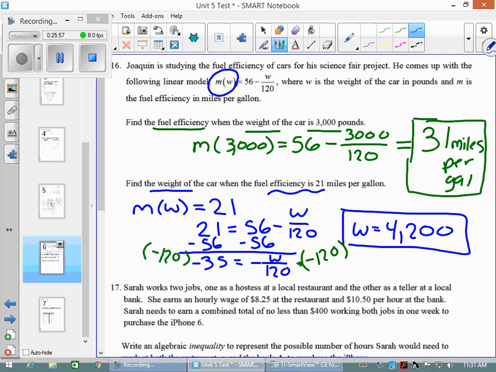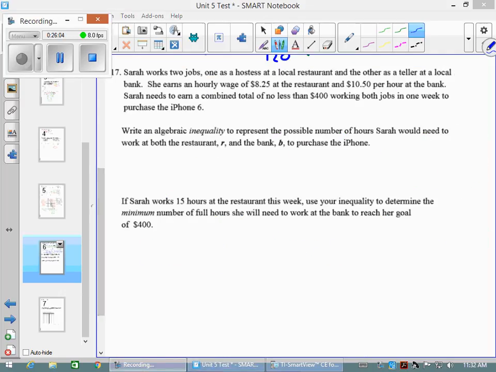So Sarah works 2 jobs, as a hostess at a local restaurant and the other as a teller at a local bank. She earns an hourly wage of $8.25 at the restaurant and $10.50 per hour at the bank. Sarah needs to earn a combined total of no less than $400 working both jobs in 1 week to purchase the iPhone 6. We want to write an algebraic inequality to represent the possible number of hours Sarah would need